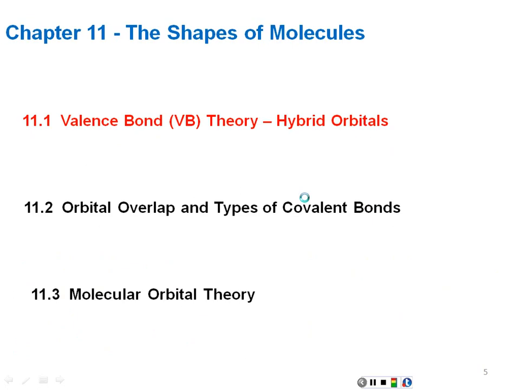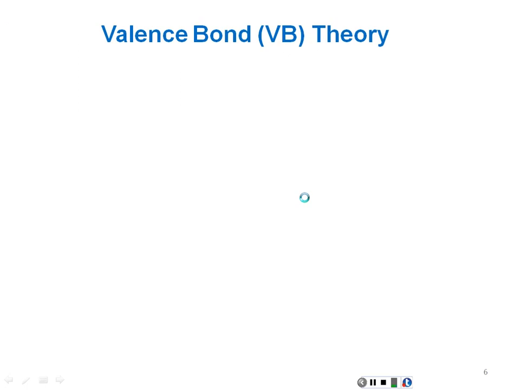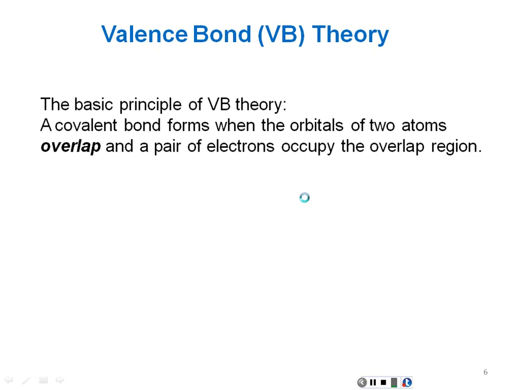Right. Moving on to chapter 11. 11.1, we're going to introduce valence bond theory. And 11.2, we're going to talk about the types of orbital overlap and covalent bonds that they form in valence bond theory. So what is valence bond theory? Well, it's a theory